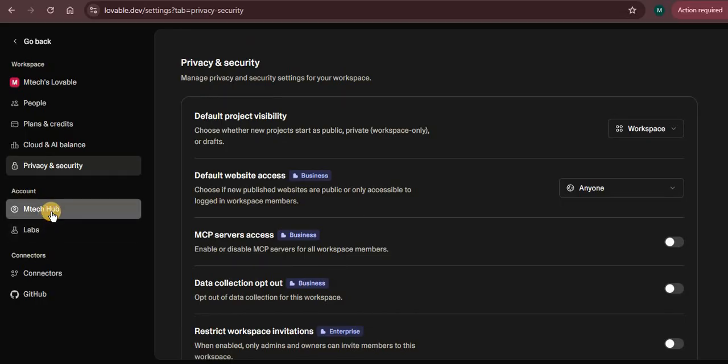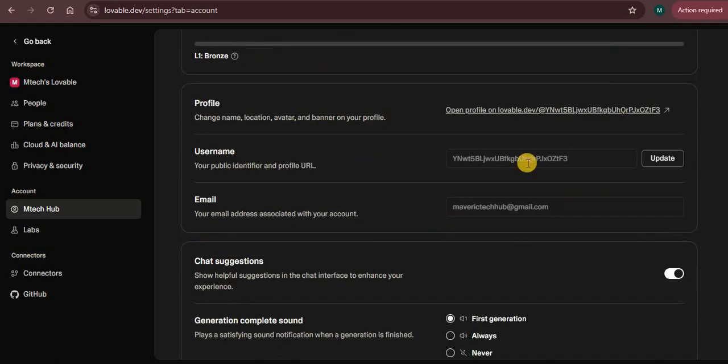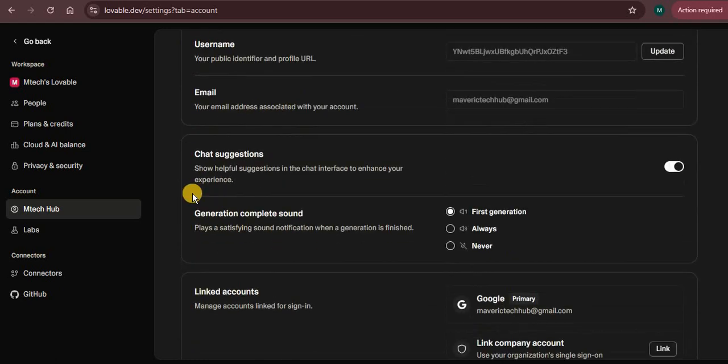Then you have your own account. You can change name, location, avatar, and banner on your profile here. Vibe coding level. Showcase your vibe coding momentum and progress on LinkedIn as well. This is how you personalize how others see and interact with you on Lovable. Username, email, chat suggestion,